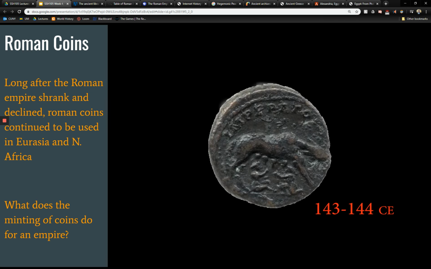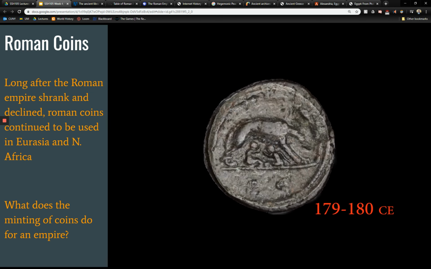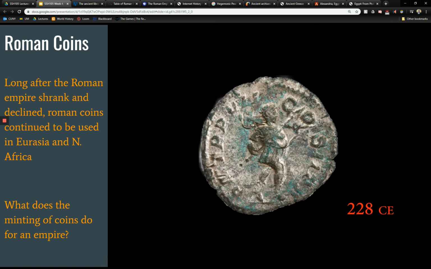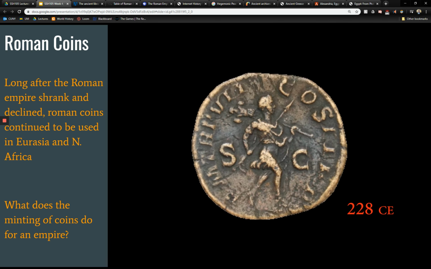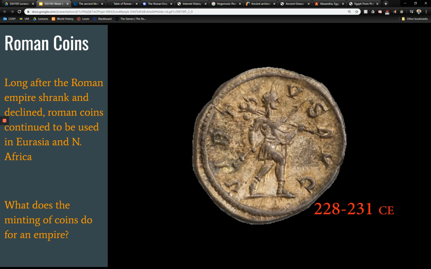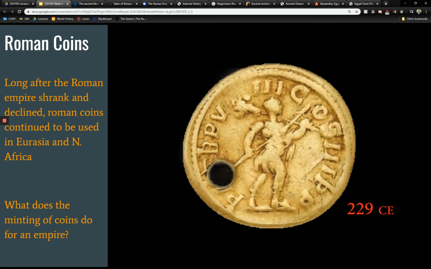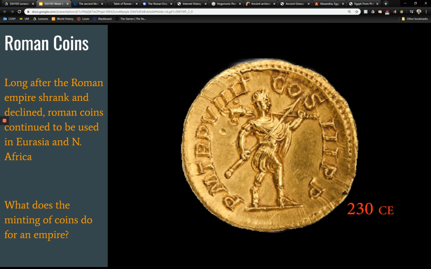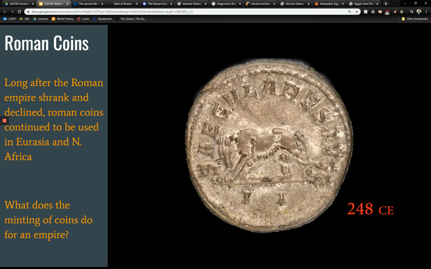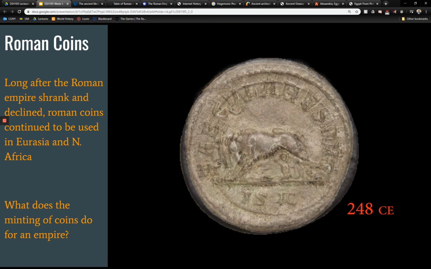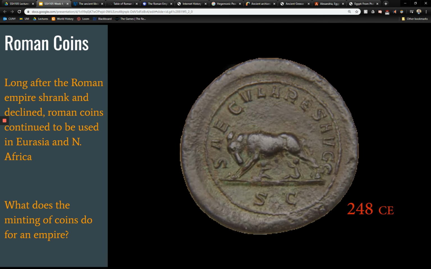And this is also the case with Roman coins. Their value exceeds the sheer material worth of the metal within them, and they are used to trade for other goods at a fairly reliable rate. It's not exactly like having $1, but it's a fairly reliable rate. And we'll see this also with Chinese coins a little bit later in the term. A similar thing happens with Chinese coins and Roman coins, which is that their use exceeds the geographical scope of the empire,